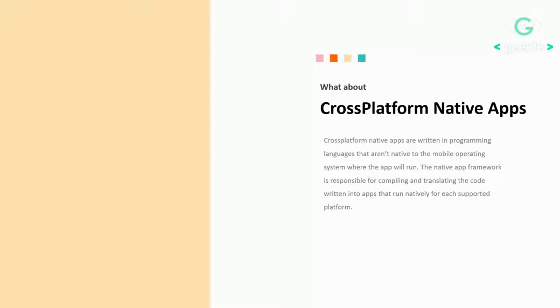But when we look a little bit deeper into it, we'll see that there are two emerging patterns of cross-platform native apps. So I created two types. Sorry, I'm reading things wrongly. The first type of cross-platform native apps are the ones that actually